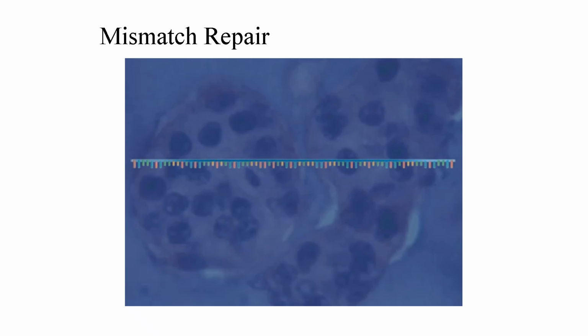These short, repetitive sequences are prone to slippage during DNA synthesis. A defective mismatch repair system leads to microsatellite instability, a hallmark of certain cancers such as hereditary non-polyposis colorectal cancer. By removing mismatches and correcting small loops, this repair pathway plays a central role in safeguarding the genome against replication-induced